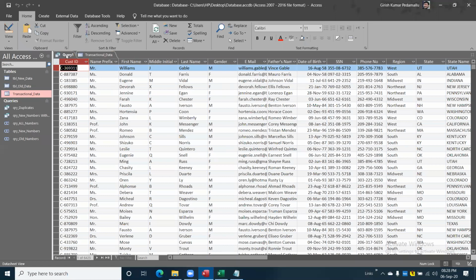Okay. What you can do is go to query. Just I'm closing it. Go to design view, not the SQL view. Earlier we went into the SQL view and we have written the query, right? Instead of that, now go to design view over here. Here I'm going to select gender, double click. In this gender, I would like to give the criteria.